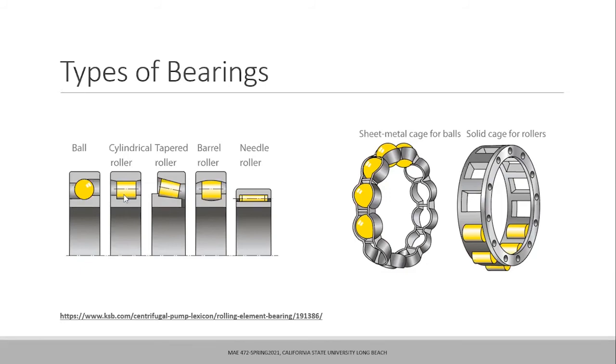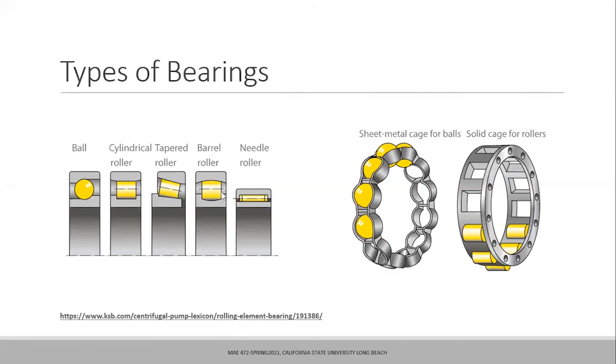So in case you know that in your system all the loads are coming in the radial direction, then you can go with cylindrical roller bearings, because you have more surface area in contact, and that will give you more load carrying capacity. The radial load carrying capacity will be very high for cylindrical roller bearings as compared to ball bearings. Now, if you would like to transmit axial load as well, then you cannot transmit axial load using cylindrical roller bearings. So in that case, you need tapered roller bearings. In this case, you will have the provision to transmit both the radial load and the axial load.